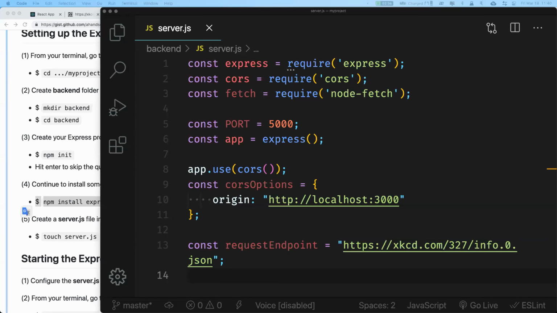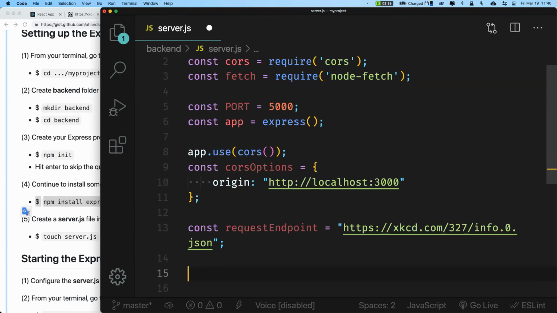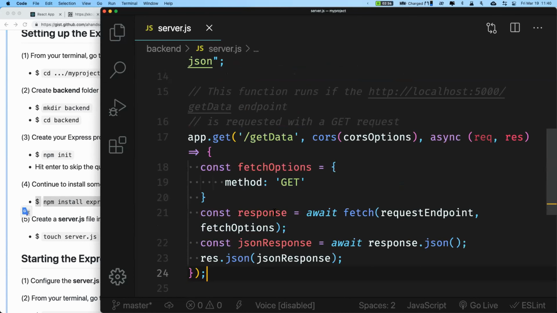So we need to tell it where to listen, what to do, and what information to return, as well as any other options. There are various other options that you see in here to make sure that we are handling cross-origin resource sharing, and that we are